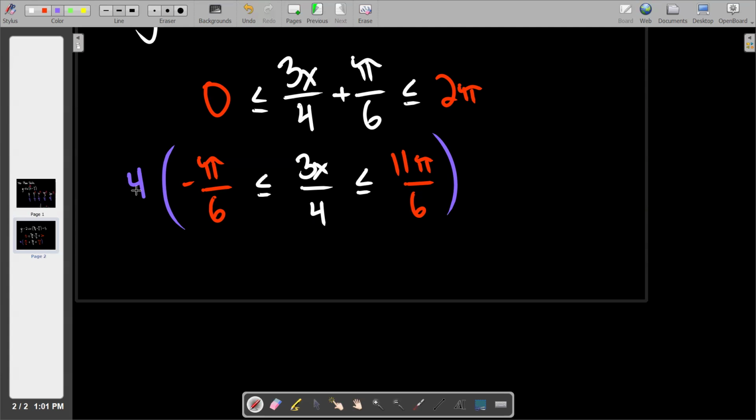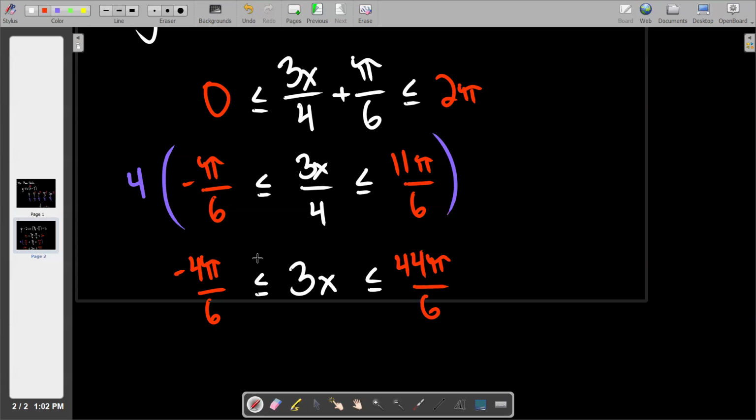But if we multiply by 4, what do we get on the left? -4. Good. And would we reduce that? Yes, but for the sake of just getting through this, you just leave it alone for right now. It's not going to hurt anybody. Now, because we multiplied by 4, the center is now just knocked down to a normal 3x. If we multiply on the right side by 4, what do we get? 44 pi over 6. Nice. But remember,